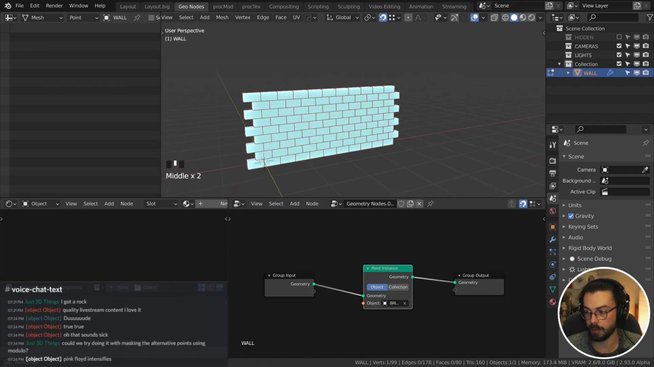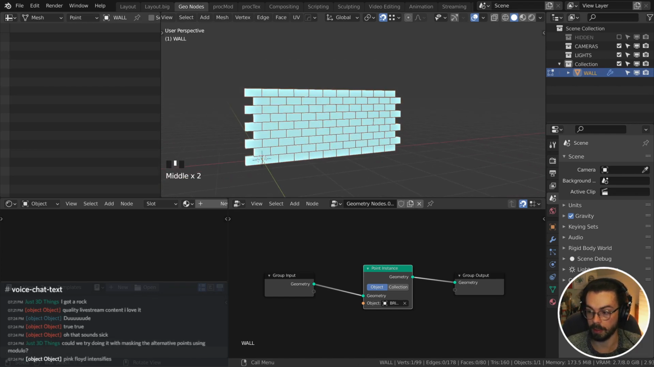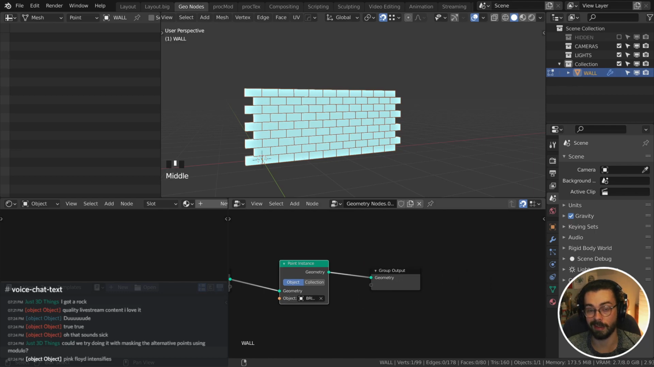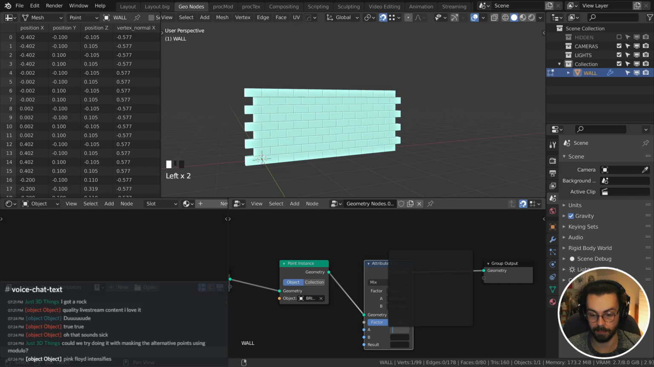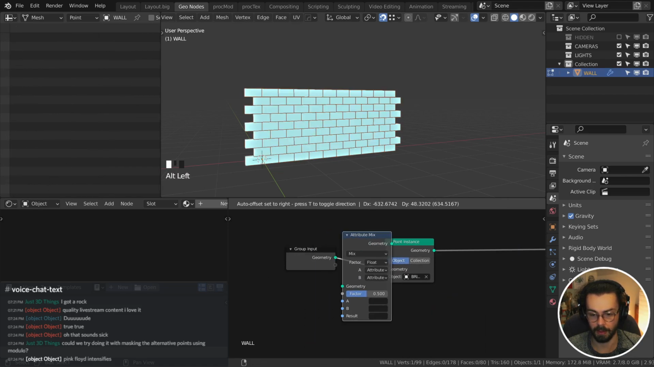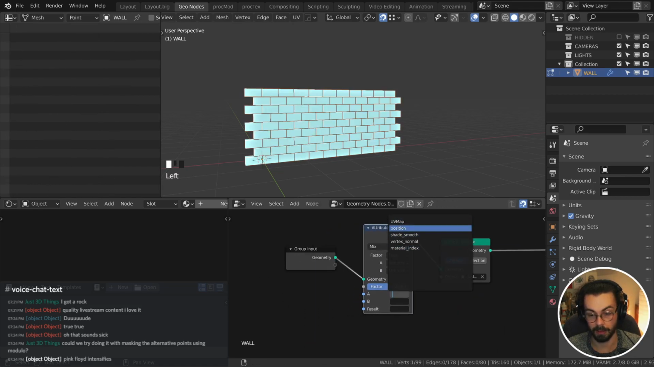Could you try doing it with masking the alternative points using modulo? You would be able to if we had an index. Yeah, if we had an index. But I'm pretty sure we don't. There's currently no index on the